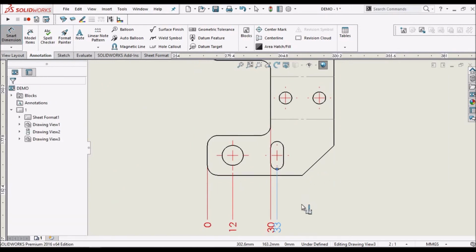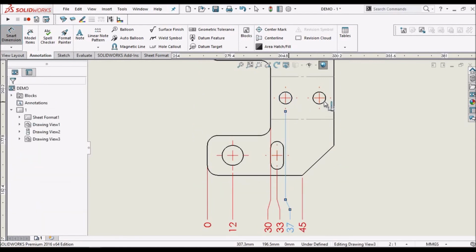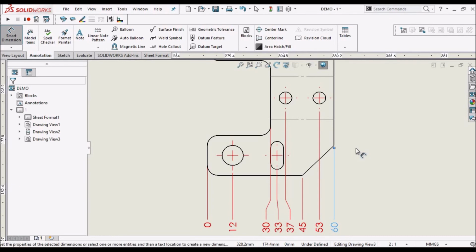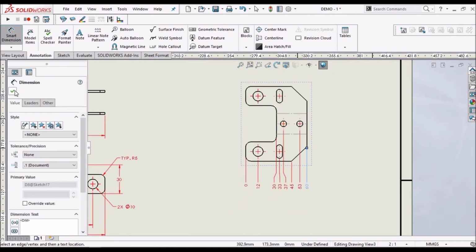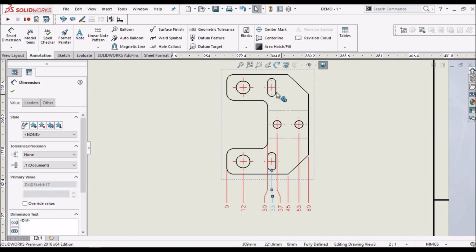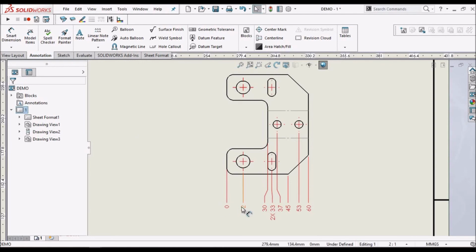Select the arc. Here we have two slots, so we have to show 2 into x, even for holes.